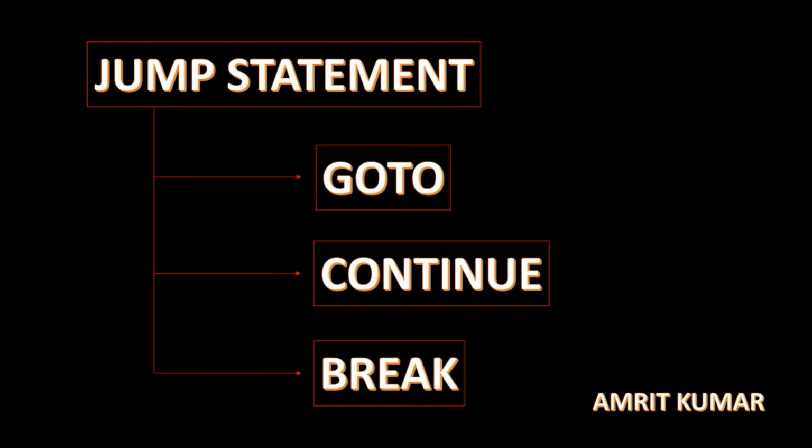As we have studied, jump statements have been classified into three categories, that is goto, continue and break. And we have talked about the goto and continue statements in the previous lectures. Now in this video I am going to talk about the break statement, how we can use the break statement in C language and what is the purpose of it. So let's look at